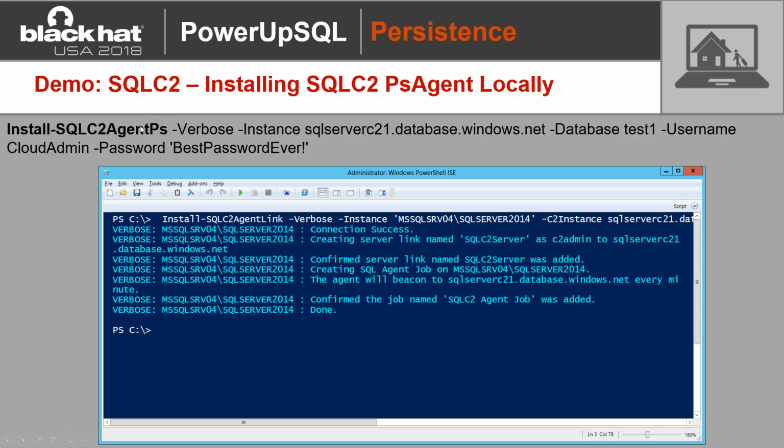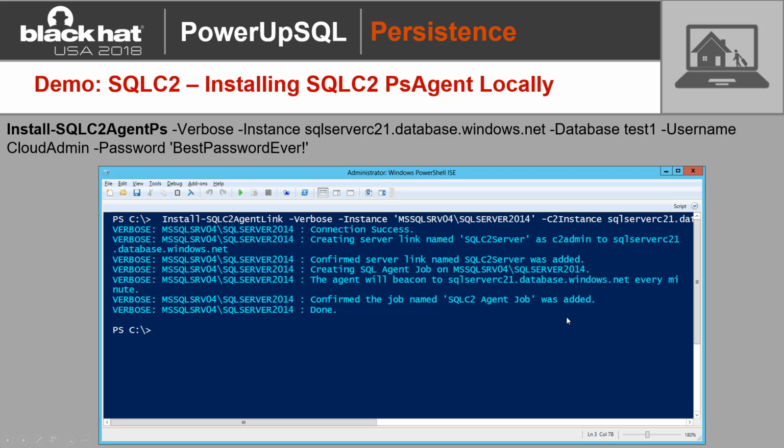The command shows installing the PowerShell agent up here, but the screenshot is actually the server link. In this case, we're saying go to this SQL Server and install a link going outbound. It has a few additional parameters, but like the other functions, it includes the verbose flag and will give you insight into what's happening. In this case, adding an agent job with a link that goes outbound to SQL Server